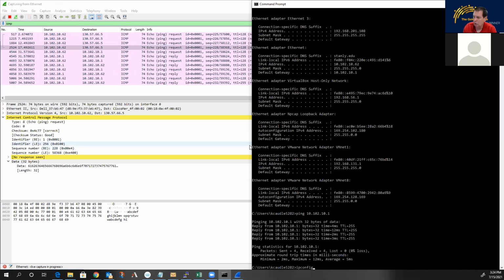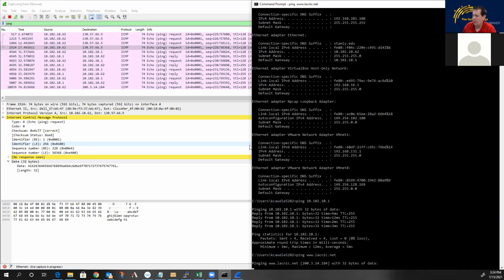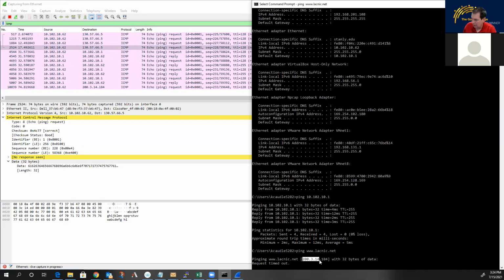So it doesn't matter what you ping in terms of novell.com or lacnic.net or any of that. It does not matter what this is. It's sending to this IP address. In fact, you'll see what's happening here. You'll see how it doesn't even care that it's lacnic.net. It resolved it to